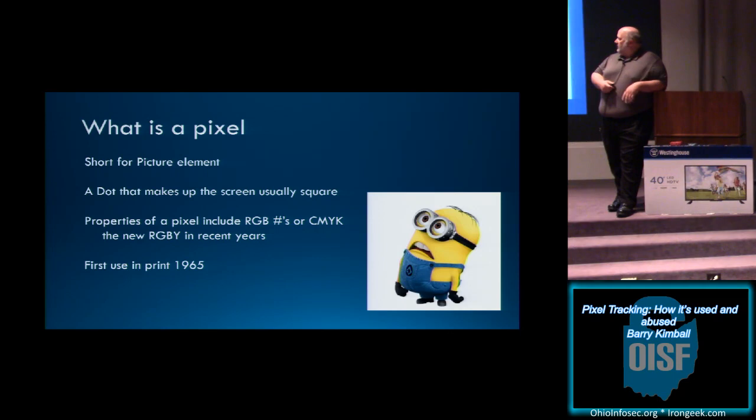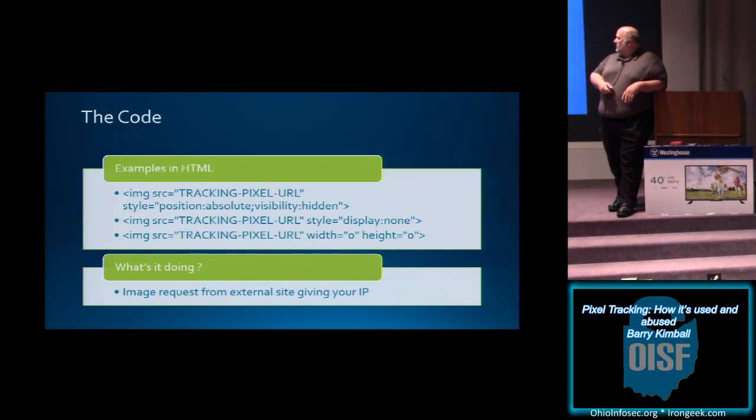Properties of the pixel include RGB, which is the red, green, blue numbers. And then there's the YGB or the CMYK, the wacky stuff. Now I've never seen anybody actually utilize it, but it was on some of the TVs for several years. So mostly pixels are used